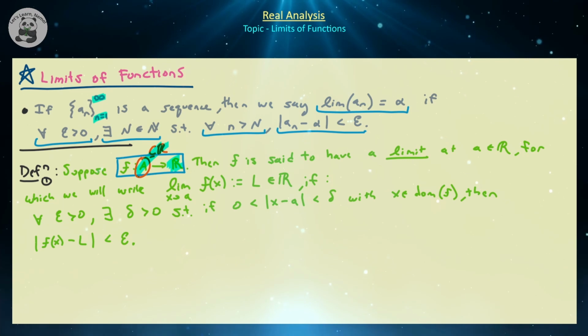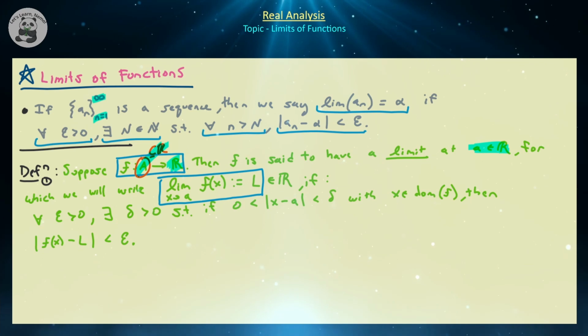Then we say that f is said to have a limit at x equal to a. This is a little bit different compared to limits of sequences, which in some sense are just limits at infinity. But we can have a limit at any point a in the set of real numbers, and in particular, a doesn't have to belong to the domain. That's important to note. So we will say that the function has a limit at a, for which we will write the limit as x approaches a of f(x) is equal to L, so L is our limit, and obviously L is going to be a real number, if,